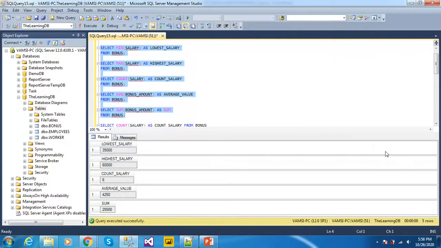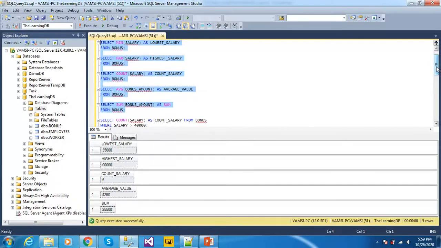I have all the aggregate functions. The lowest salary from the table is 35,000. The highest salary is 60,000. And the count of salaries, I have a total of 6 records from the table bonus. The average value of the column bonus amount is 4,250, and the sum of bonus amount from the table is 25,500.